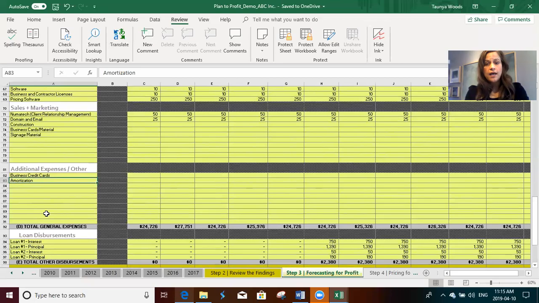So I'm going to get you to add these here, because if we're not budgeting for loan repayment, and then all of a sudden at the end of the year, we've paid out $25,000 in a loan, let's just say hypothetically, that's coming right off of our profit, right? So we need to plan for this here. So you will see in your spreadsheets, there is a loan disbursement area here. I'm actually going to ask you to split them up if you can. If not, don't worry about it, but split it up between interest and the principal that is actually being paid